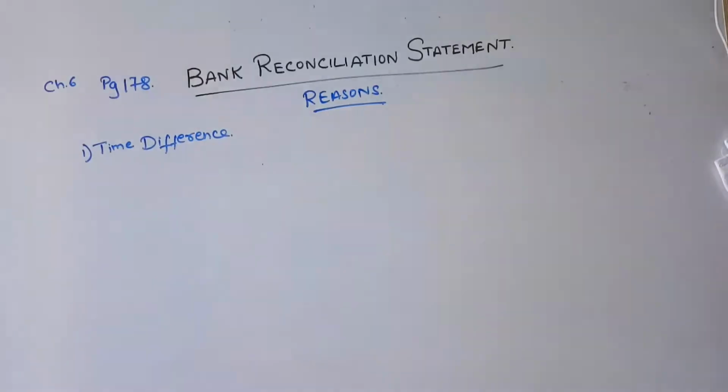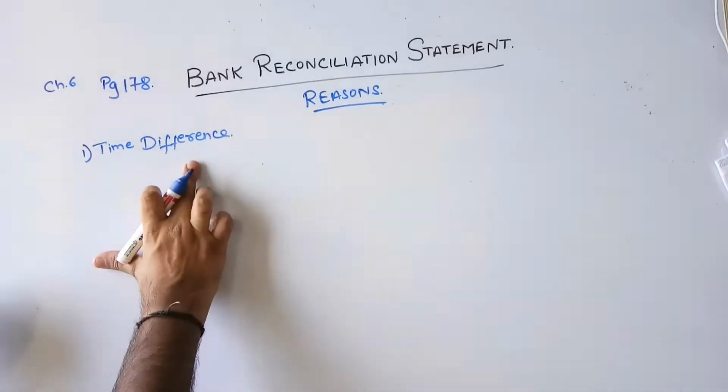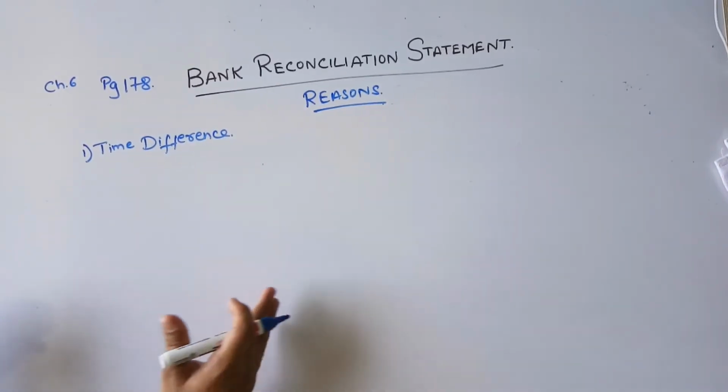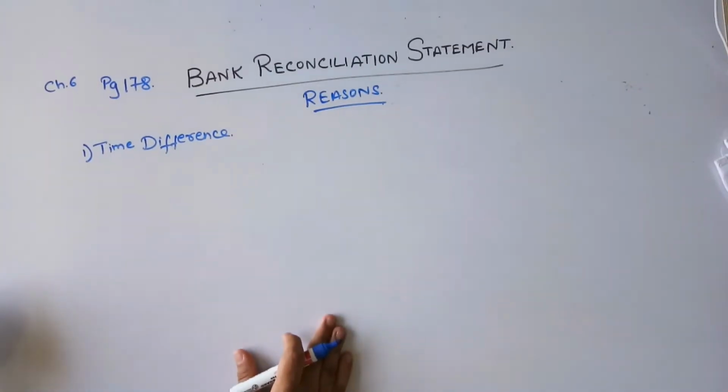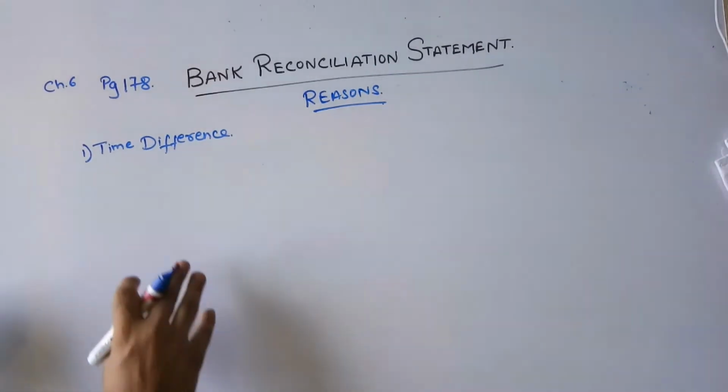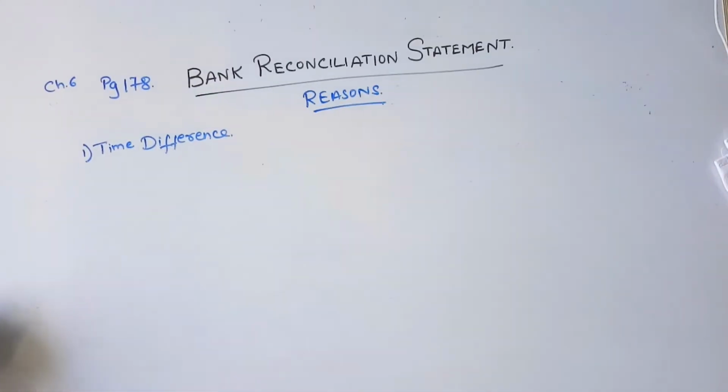As we had done in the previous lecture, if you could just go through the previous recording where we had taken an example of the time difference, wherein we are receiving a check from one of the persons but the check has not yet been received by us. Because the check is not yet received, we have not incorporated the entry in our books of accounts. That is called a timing difference.